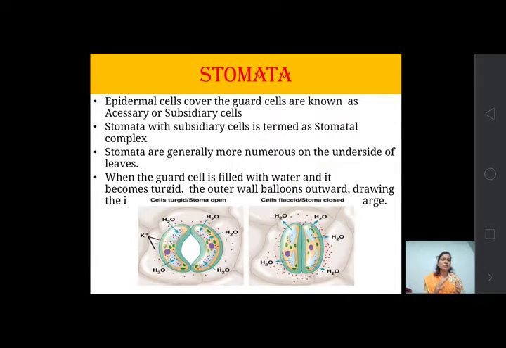So stomata occur on both surfaces, but their number is somewhat irregular, being more on the lower surface as compared to the upper surface. Under normal conditions, stomata remain closed, or you can say that in some plants the stomata are open at night, where the CAM or crassulacean pathway is found in the plant.